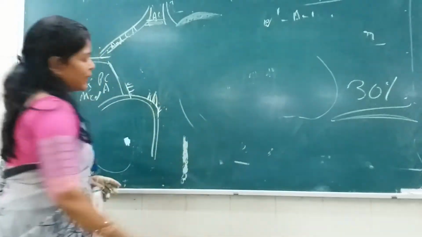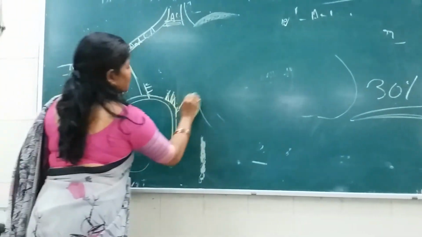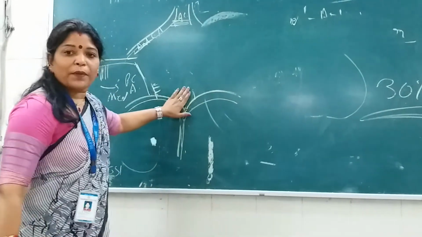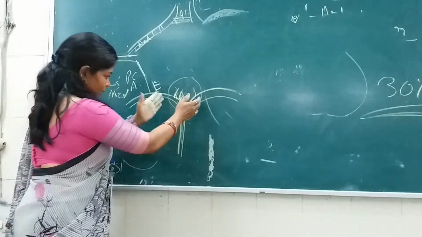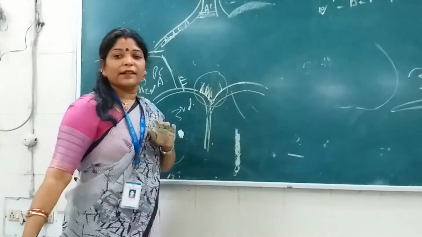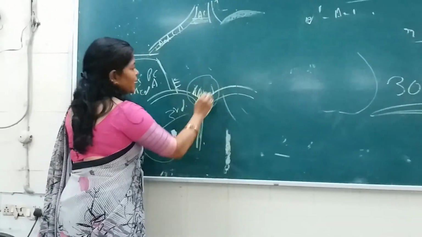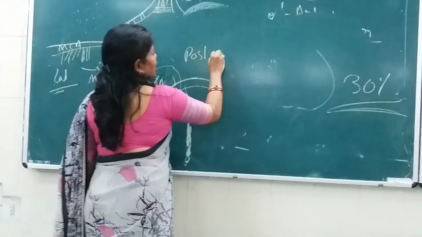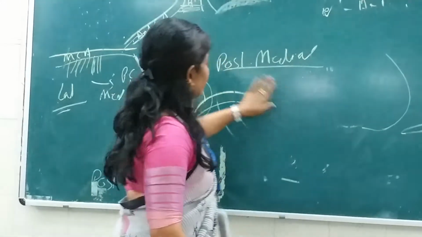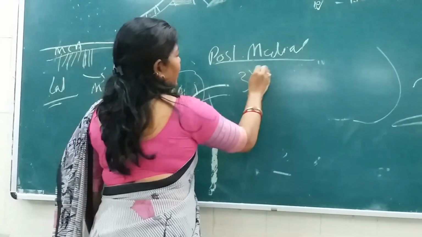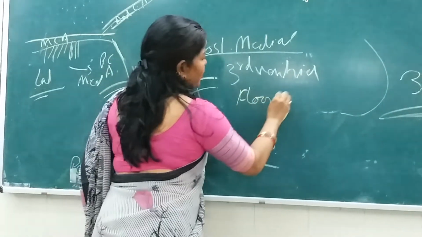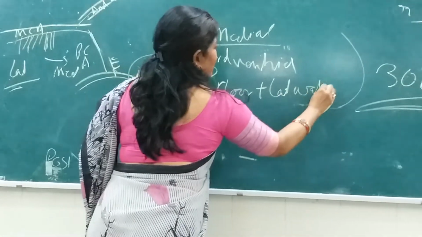Now the posteromedial group here. The posteromedial set, what are the structures? The posteromedial group, imagine what are the structures? Here is the third ventricle, which is bounded by the diencephalon, thalamus. So what will the posteromedial set do? What structures will it supply? One by one, just enumerate them. Third ventricle, floor plus lateral wall of that. What else?